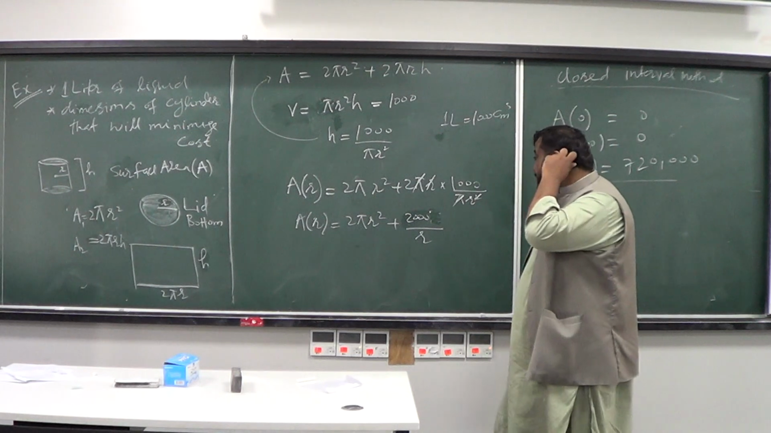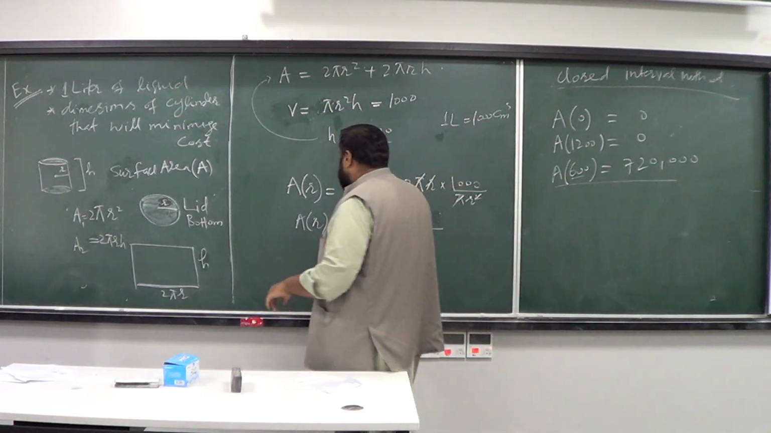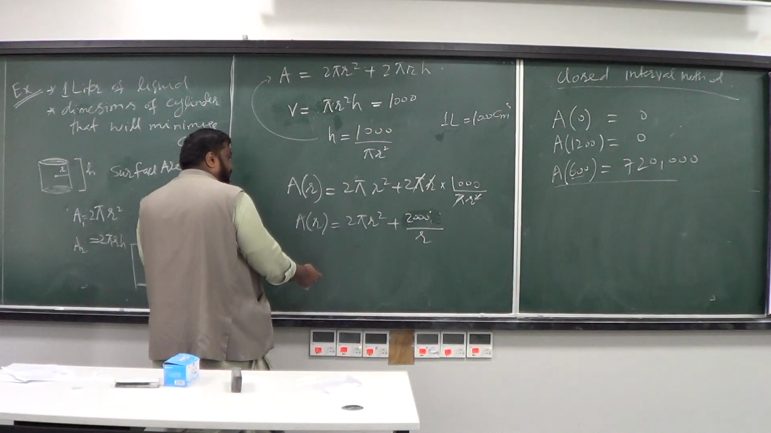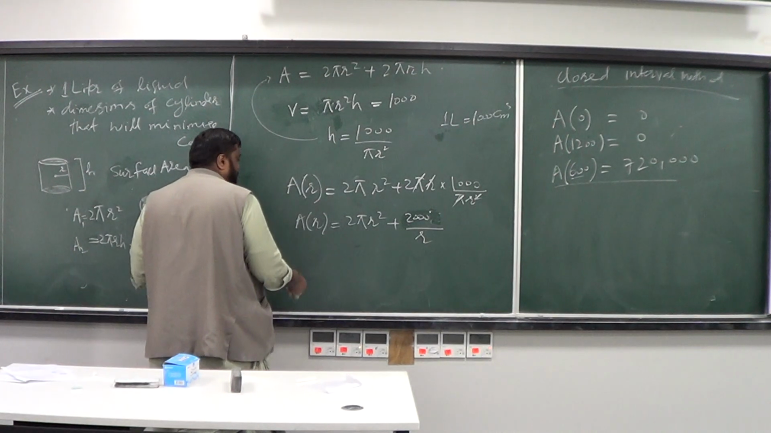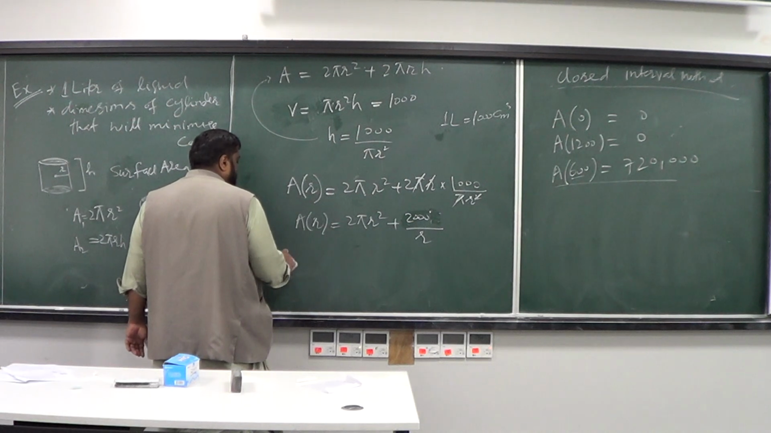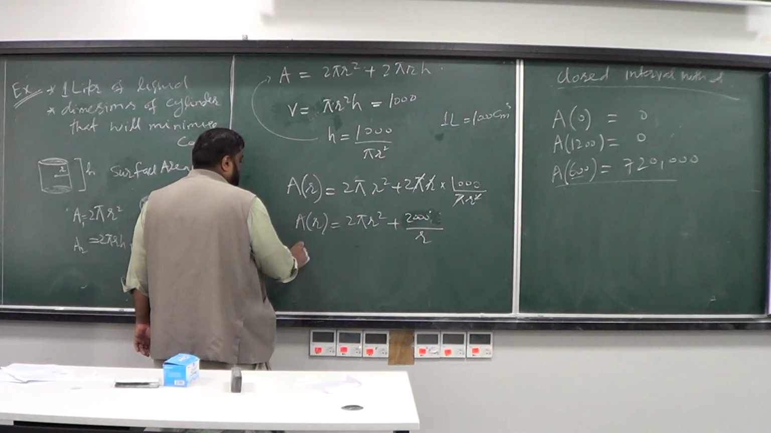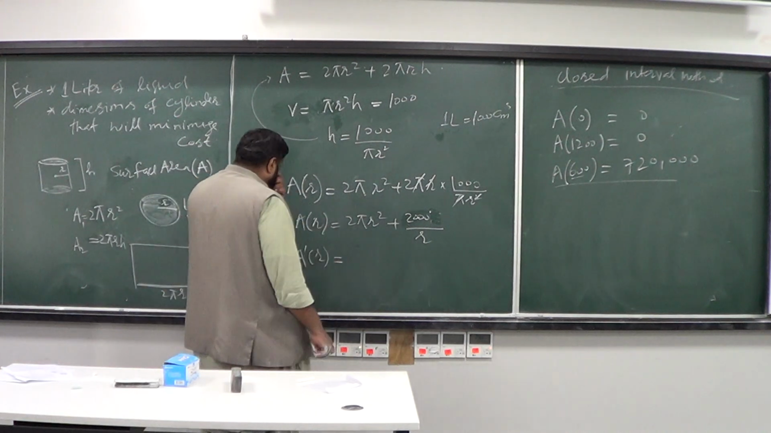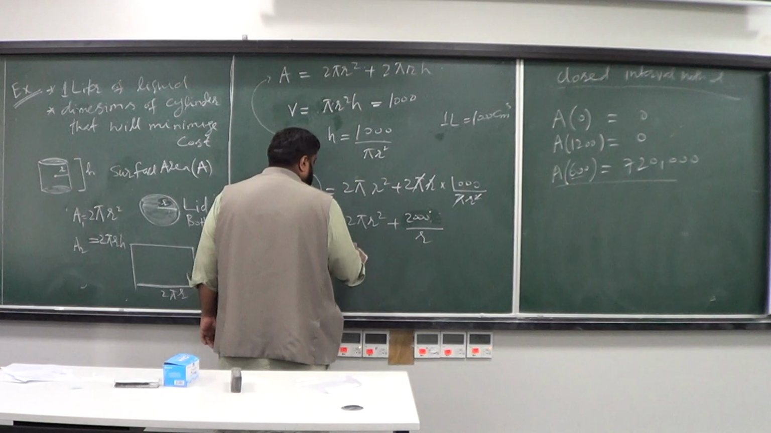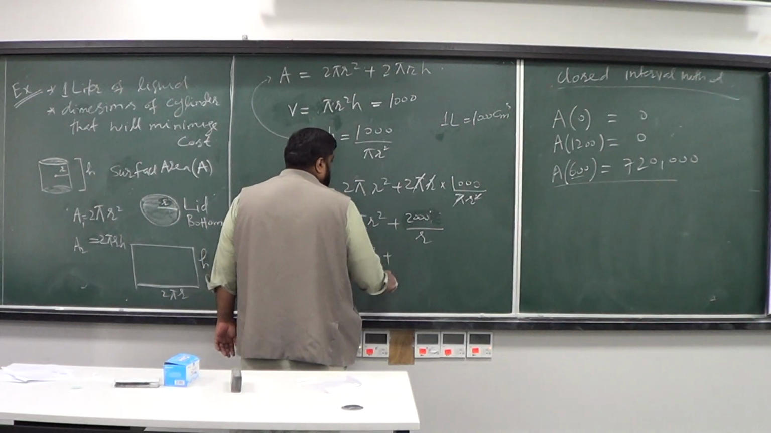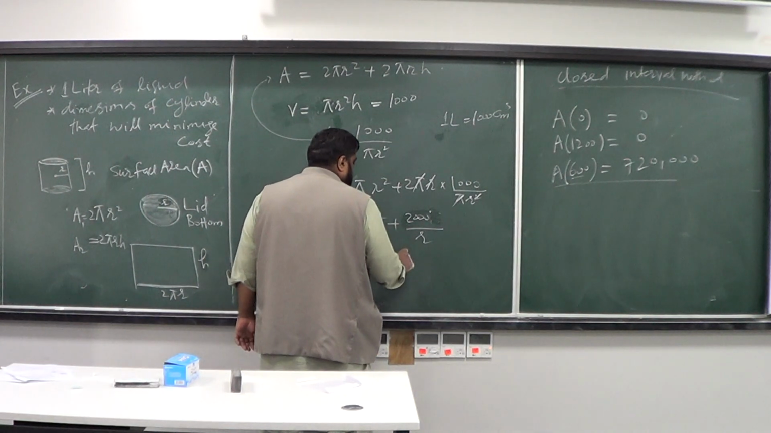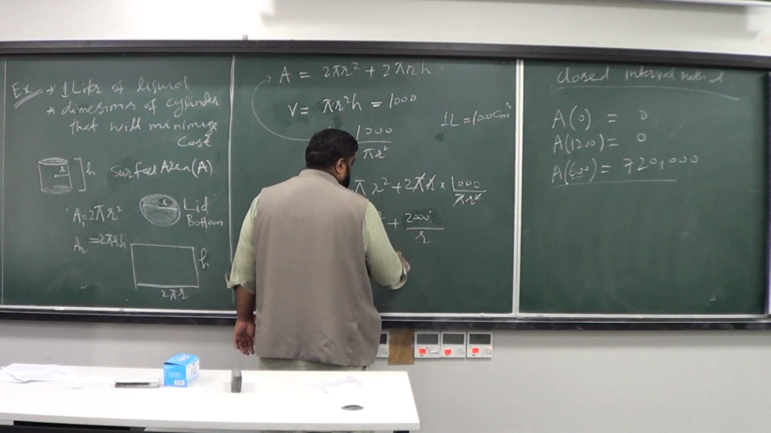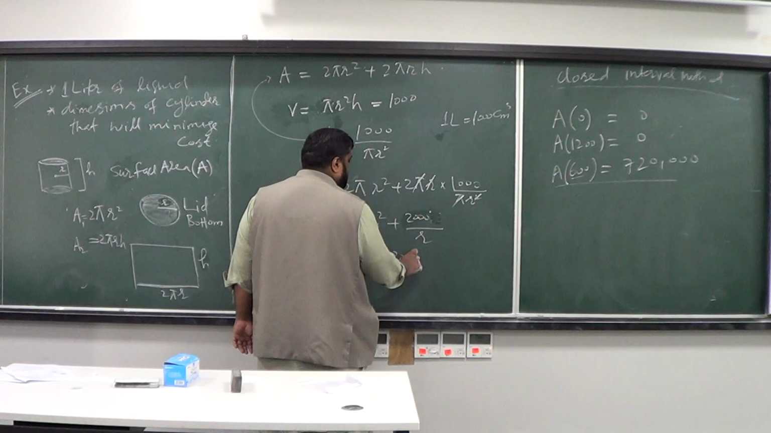So how can I minimize it actually? We can do the same thing again: now do step 4 of optimization, find the critical points. In order to find the critical points, you need to differentiate it, and if you differentiate it, you're going to get 4 pi r plus the derivative of 2000 by r, which is going to be minus 2000 divided by